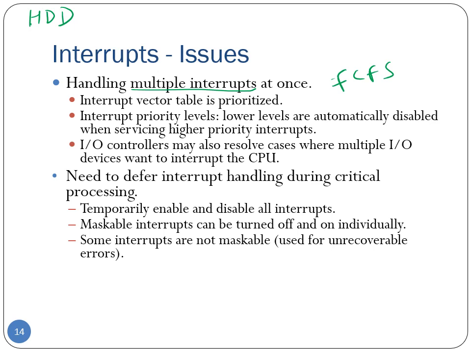So even if the CPU doesn't collect the data which the hard disk has immediately, its buffer has enough room to store the data for a while. As opposed to this, there might be a very simple sensor, let's say a temperature sensor or some other kind of monitoring sensor, which has very small buffer space. So if the CPU does not collect the data from this sensor immediately, the data may be lost because it